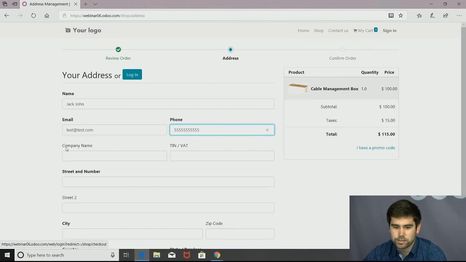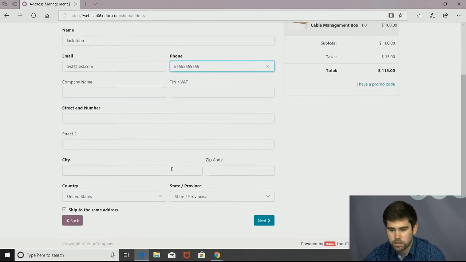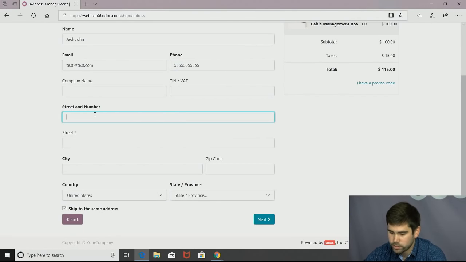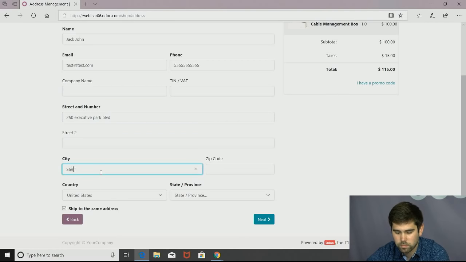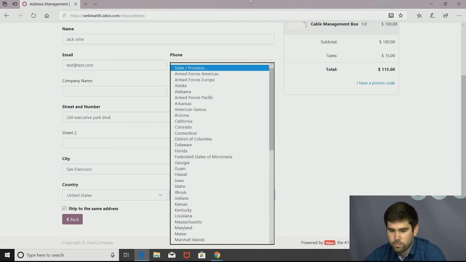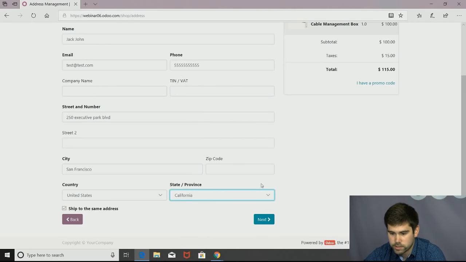Because this is just a demo, I do not want to provide my real information. I will just put Odoo business address. Let's go. And right here, we just need to define the state,